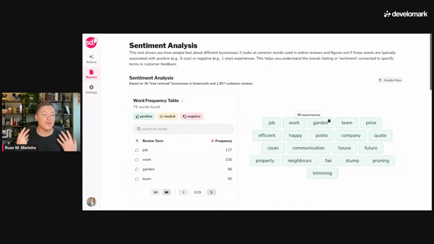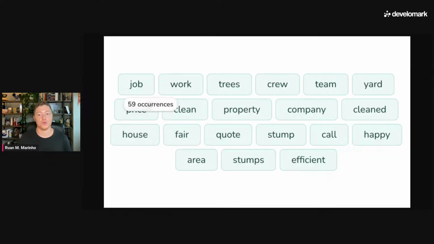These people value a different term. They value a different meaning. They value a different context, right? House, future, these neighbors. The old report that we showed you doesn't have any of that. It has house, it doesn't have neighbors, it doesn't have garden, it doesn't have polite. So when you're selling,